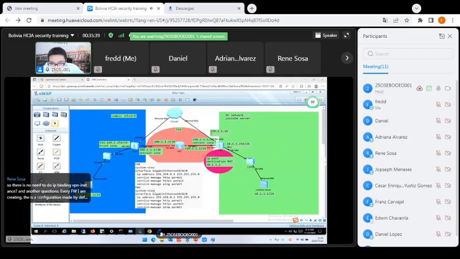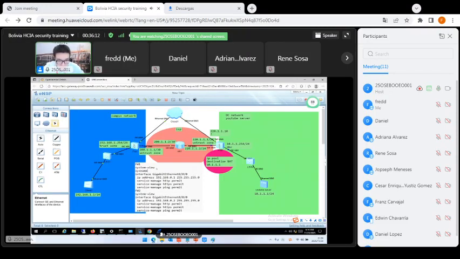So there is no need to do IP binding VPN instance. And another question. Yeah, no need to bind the VPN instance. Every firewall I'm creating has a configuration made by default. Like the device does not ask me for credentials, and there is a sysname already configured. We need to configure the sysname by ourselves, all right? Just like that, sysname firewall 1